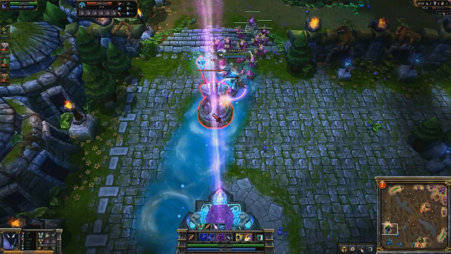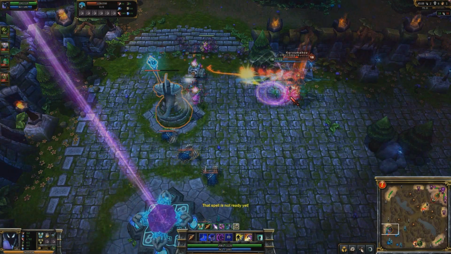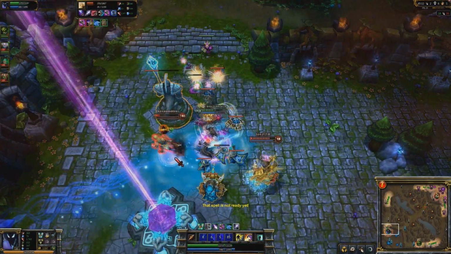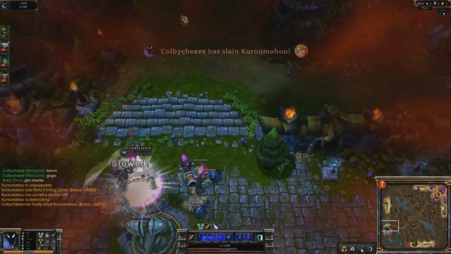Here we go. I am split pushing. We're actually having a lot of trouble this game. If you look at the score, 18-36, but I'm just going to split push as much as possible. Going to try and finish off this Lux. Here we go. Oh, goodness, he does not put an ult down on her. Maybe it's down. I think he just used it in the previous team fight,